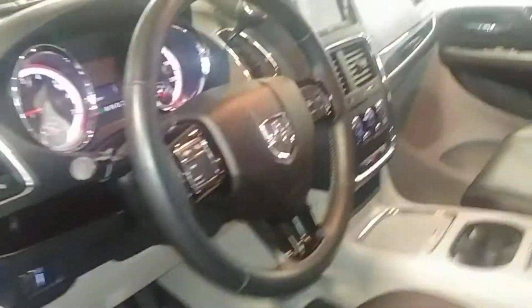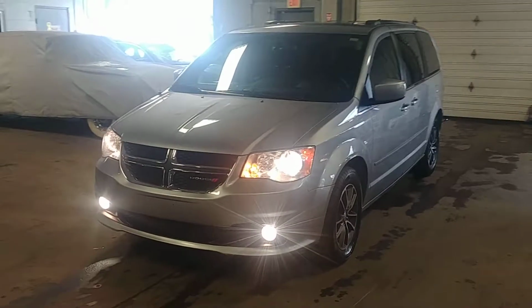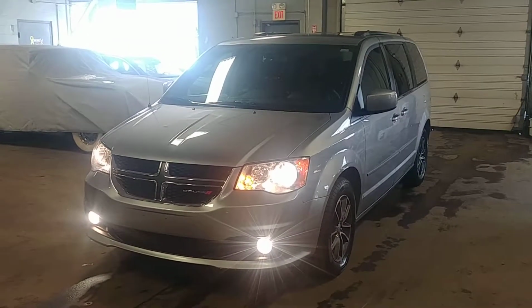What's going on here? All right, fog lights should be on. Fog lights are on. Folks, once again, this is the 2017 Dodge Grand Caravan SXT model with